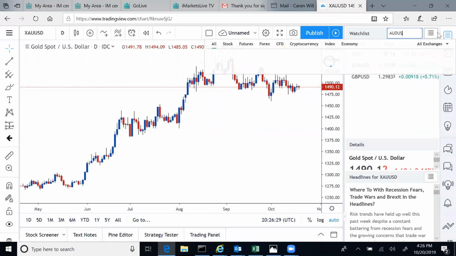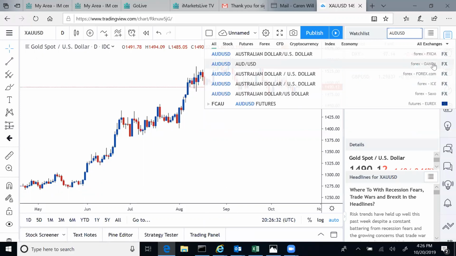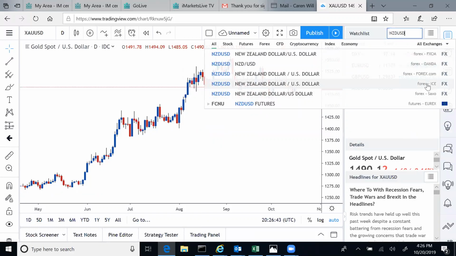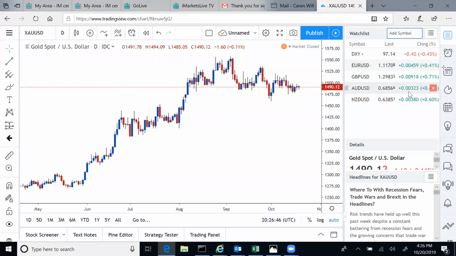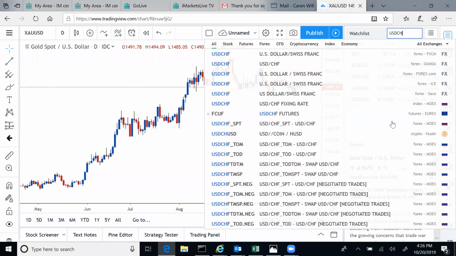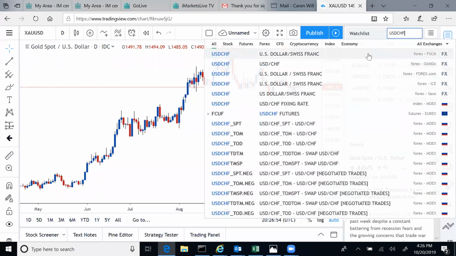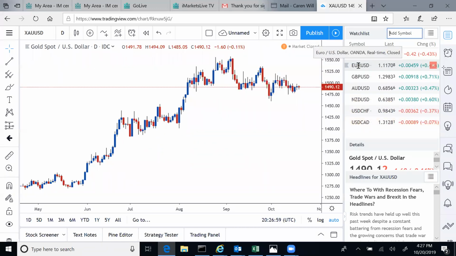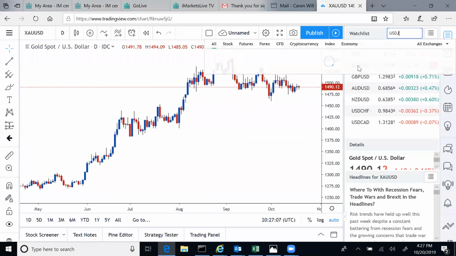AUD USD is the next pair. Again, Oanda. All of them from now onward will be Oanda. So as I say the pair, click the Oanda option, right? AUD USD Oanda, NZD USD, you know it's Oanda, right? And then we go USD CHF, Oanda again, USD CAD, Oanda, and USD JPY,